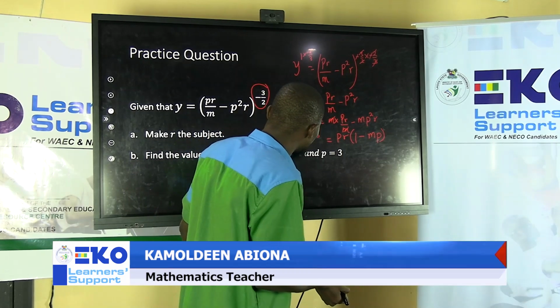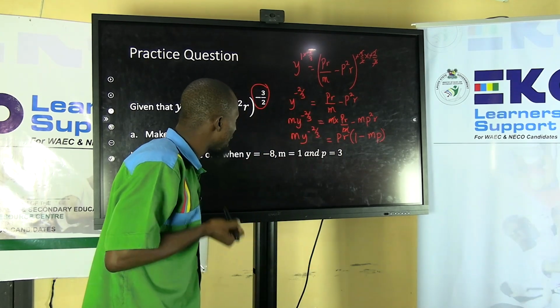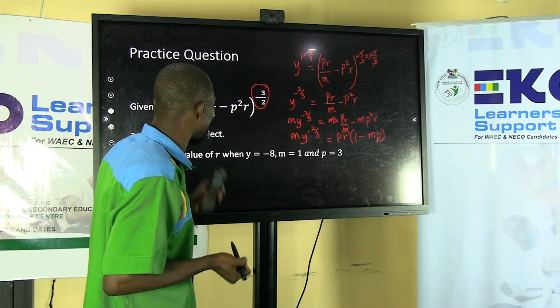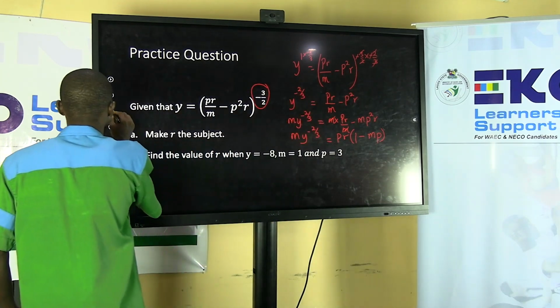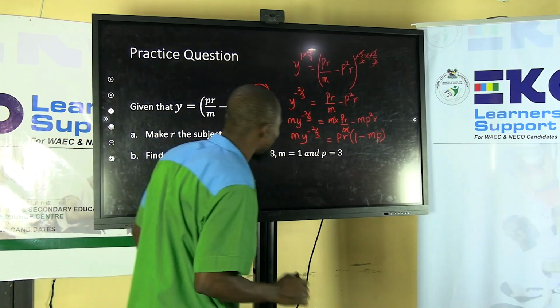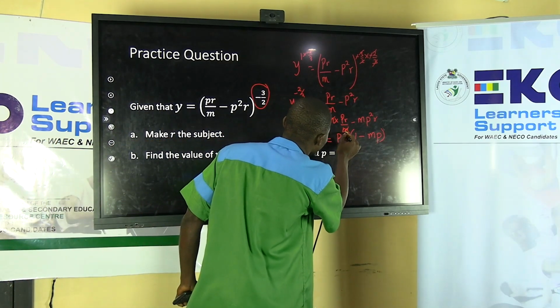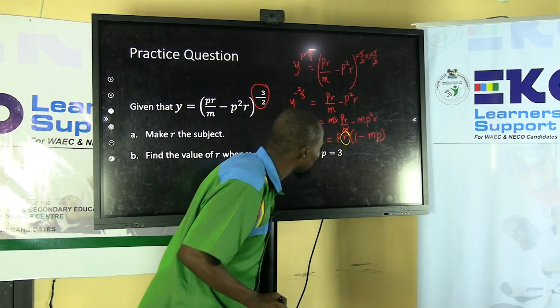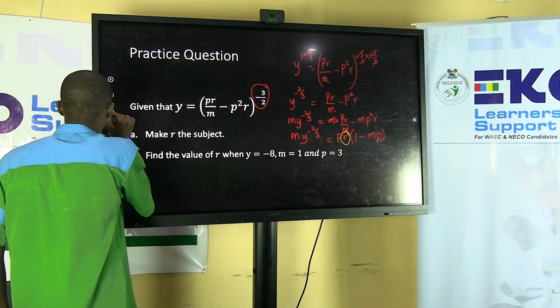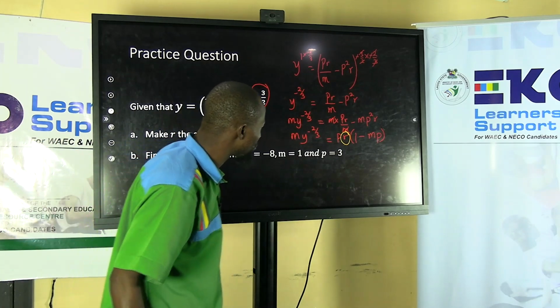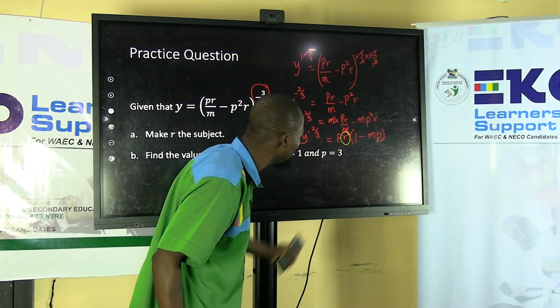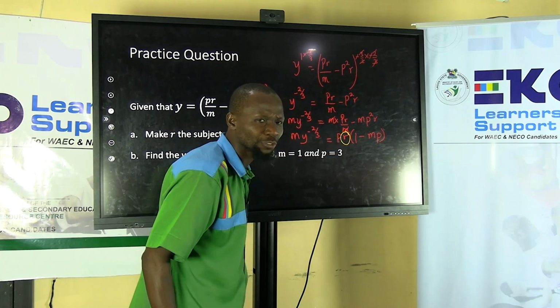Okay, so the next thing is we want to isolate R. We are making R the subject of the formula. So how do we do that? It means you look out for what other thing that is not R there. So this is R. Every other thing that is not R must be what? Eliminated. So how do we do that? It means you are dividing through by p bracket